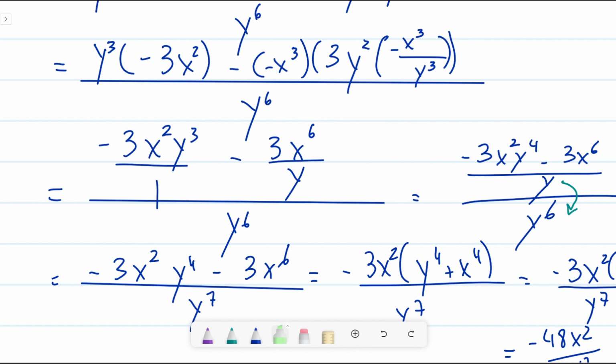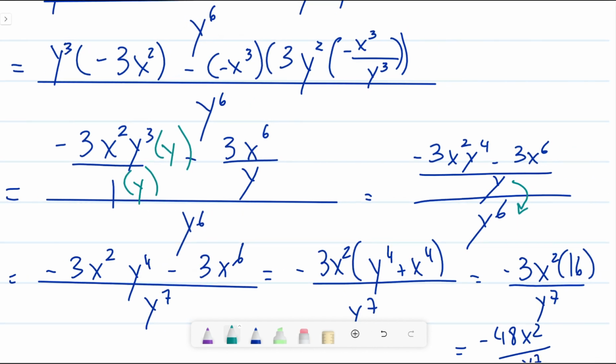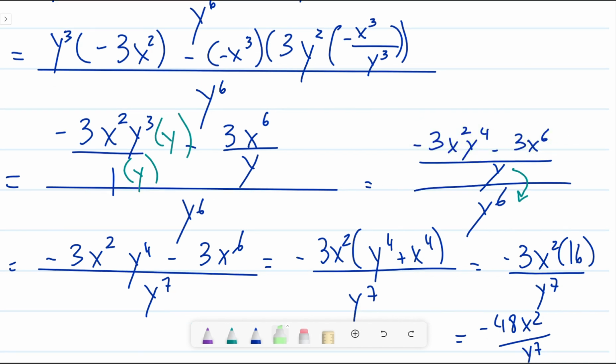So this leaves us with these two fractions. We can find the common denominator and add them up. We multiply the denominator of the first fraction by y and the numerator by y. So we get negative 3x squared times y to the power of 4 minus 3x to the power of 6 divided by y,